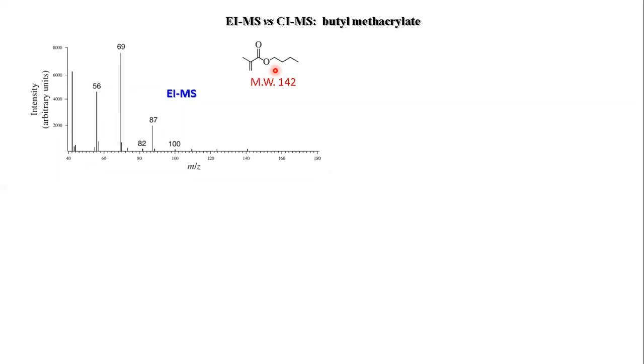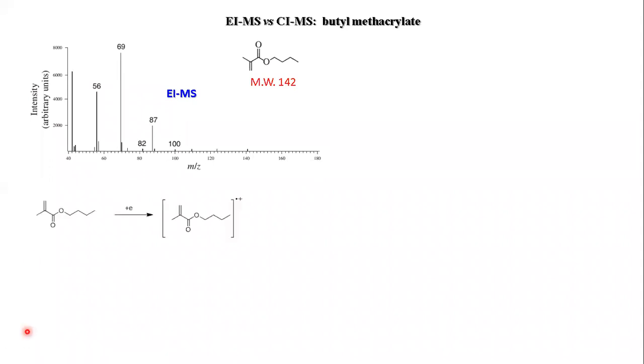In the last class we saw that the detector projects the count of ions, how many individual ions have reached the detector. Now the 142 peak is almost negligible. So that means that molecular ion has undergone fragmentation, and it has generated different fragments: 56 is one fragment, 69 is another, and 87 is another. So let us look at what is actually happening.